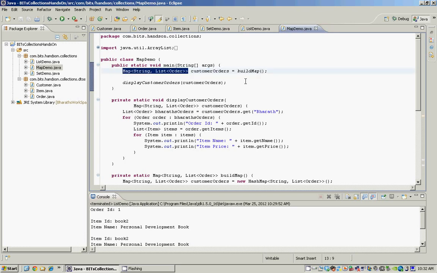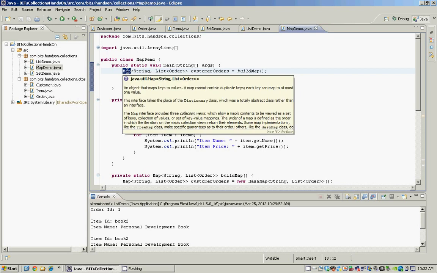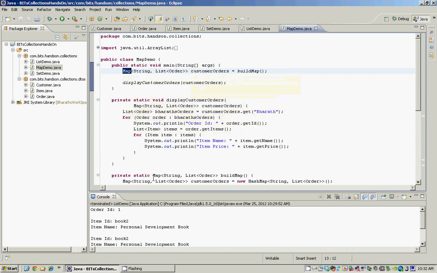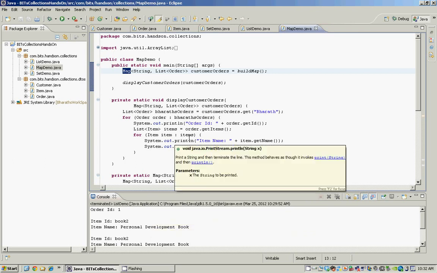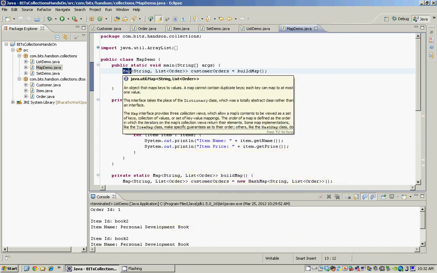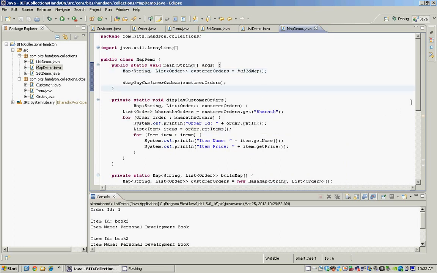And as you can see, the variables on the left side, when you declare a list or a map or a set, should always be the interfaces and not the actual classes. This will help the users of your methods to pass in any implementations. Instead of hard coding it to a HashMap or a LinkedHashMap, you will allow the users of your methods to pass in any types of lists, maps, and sets, and that's more like runtime polymorphism.